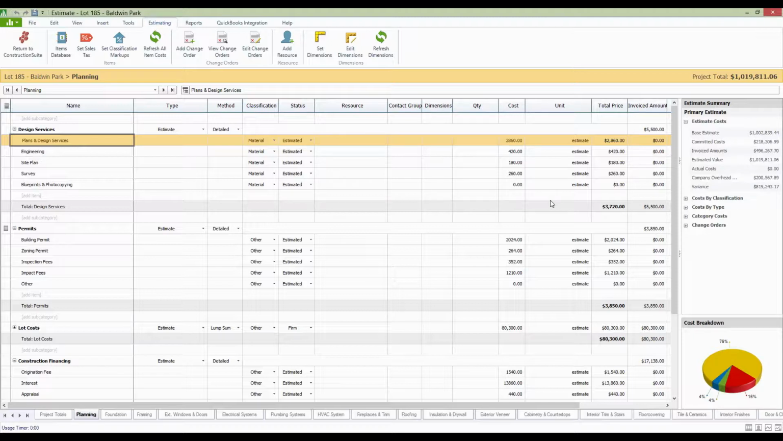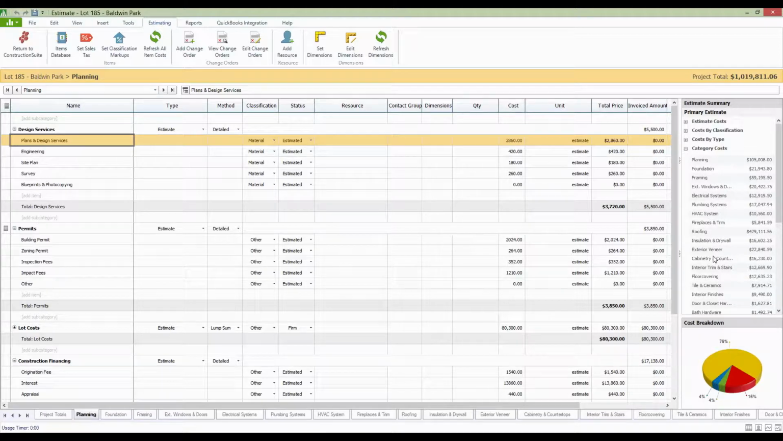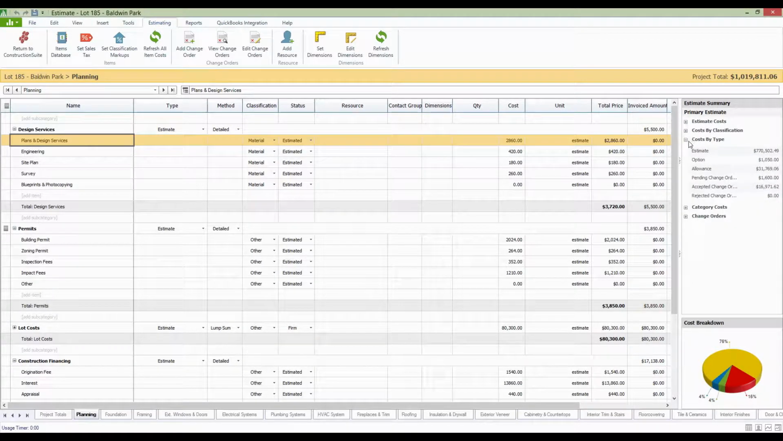From here, you'll be able to calculate everything that we need for this particular job, and there's a variety of different tools to help keep you on task and on track for this as well. Again, we've got category costs down here to see everything broken out by trade in my case. I've got costs by type, which could be estimates, options, allowances. This estimate summary section also has costs by classification, which is a wonderful way to see that cost breakdown based